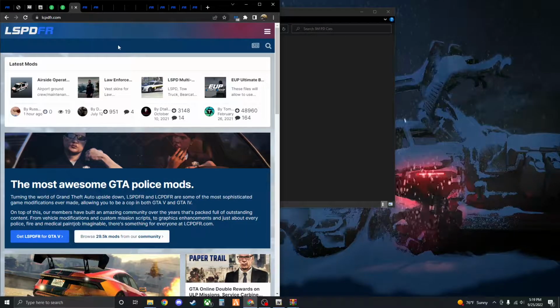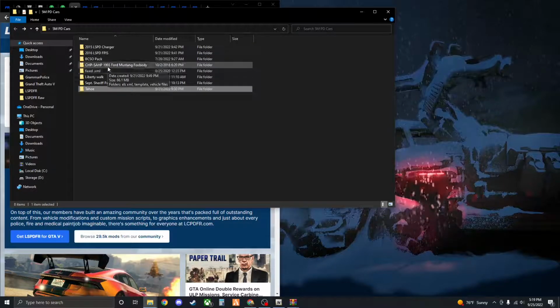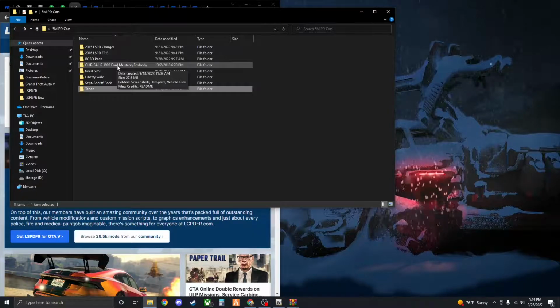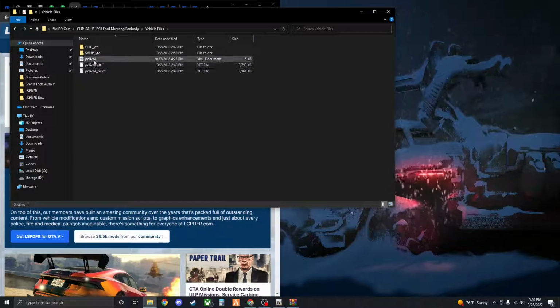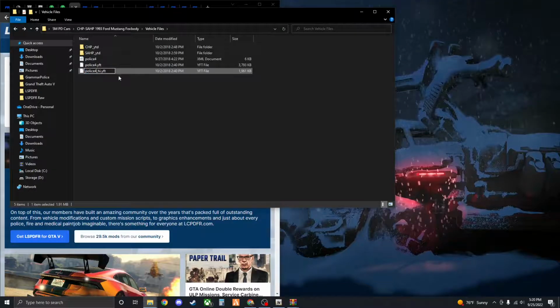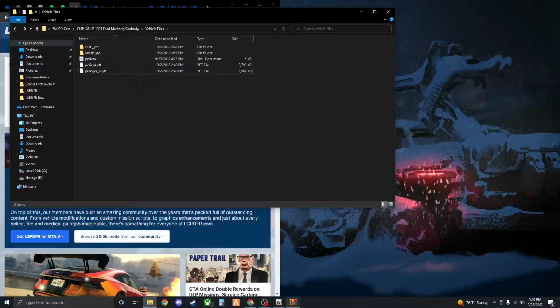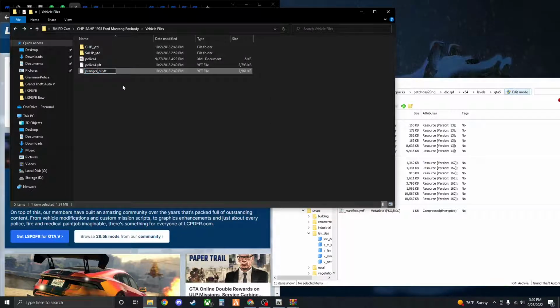So say you want to have your Dodge Charger be the Noose squad vehicle instead of an SUV. You just change the name of that Charger to whatever the file name is supposed to be. So say I want the Fox body to be under as the Park Ranger's vehicle. I would go in here, vehicle files, and I would change all 3 of these files, including this one right here, or even this one right here, to P Ranger. And now if I put that into OpenIV, and I did that with all those files, my Park Ranger vehicle will now be a Fox Body Mustang. But that's not the case. I like it as it is,